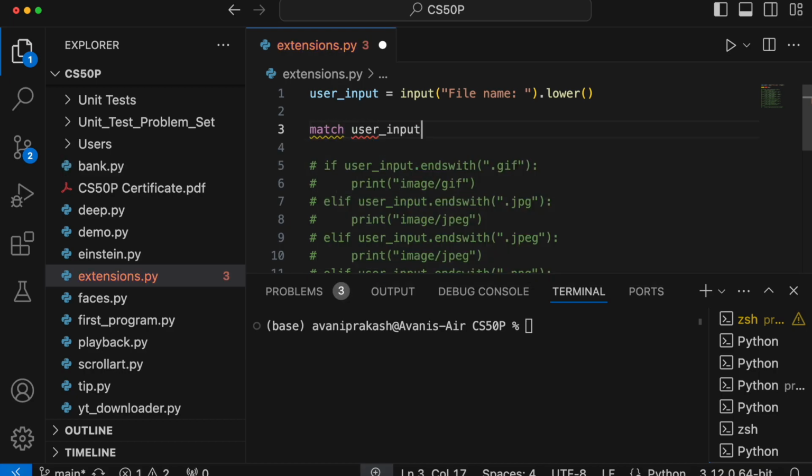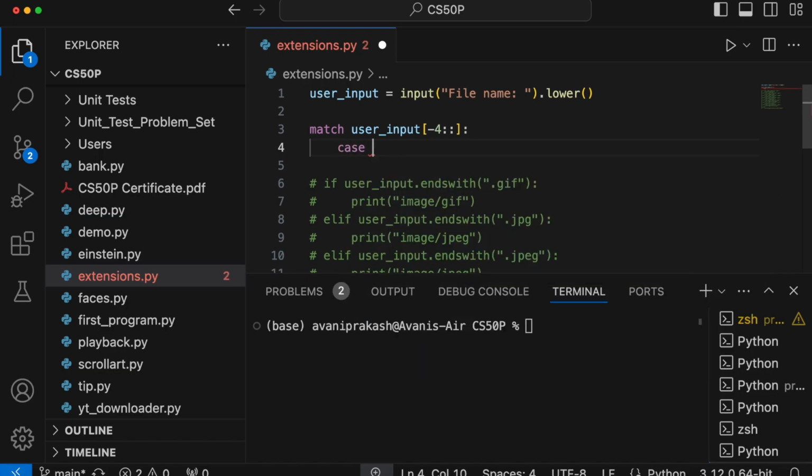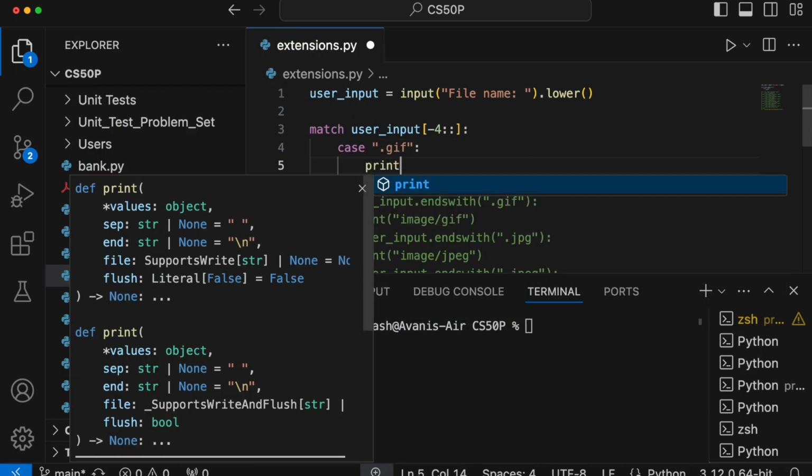Match user input. We are going to match the last 4 characters, so this is using string slicing. Then case, if it is .gif, then we need to print